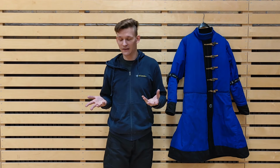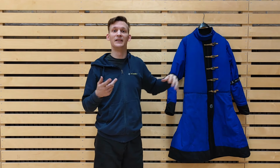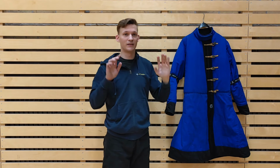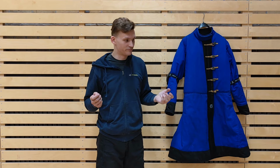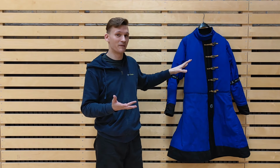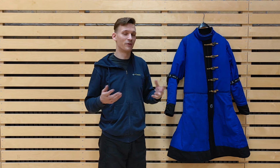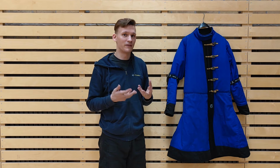Another thing, and I mentioned that in the officer's review, is the inner material. Generally speaking, I really like it compared to their older liner material, because it helps move heat away from your body, and it dries much better, which with a big and comparatively heavy piece like this is even more important. But unfortunately, the 3D mesh is more vulnerable to